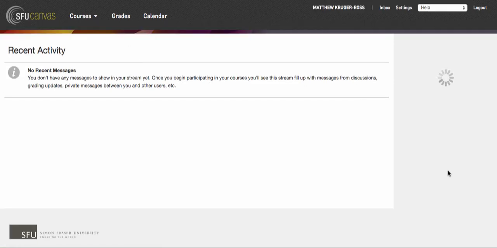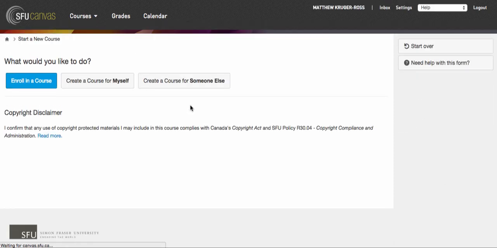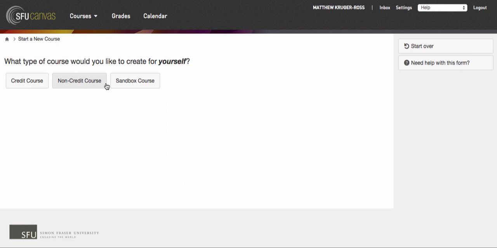And then the third option would be creating a sandbox course. Course instructors, TAs, and course designers have the option to create sandbox courses where they can create basically a dummy course where they can go in, add content, explore different features, and then once they have created and set up everything that they wanted to in their sandbox, they can then import content over into either a credit course or